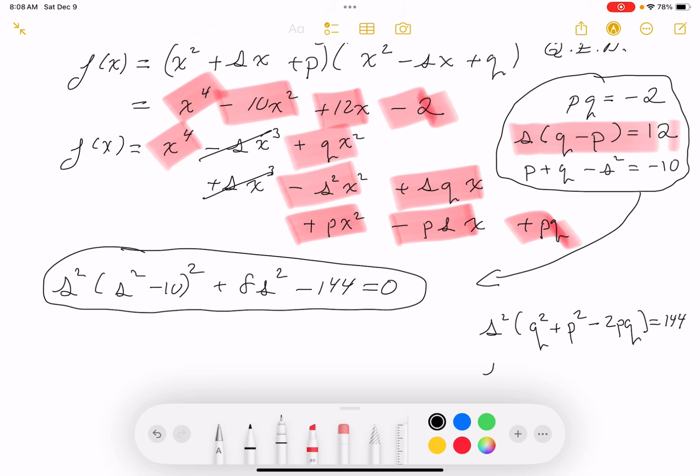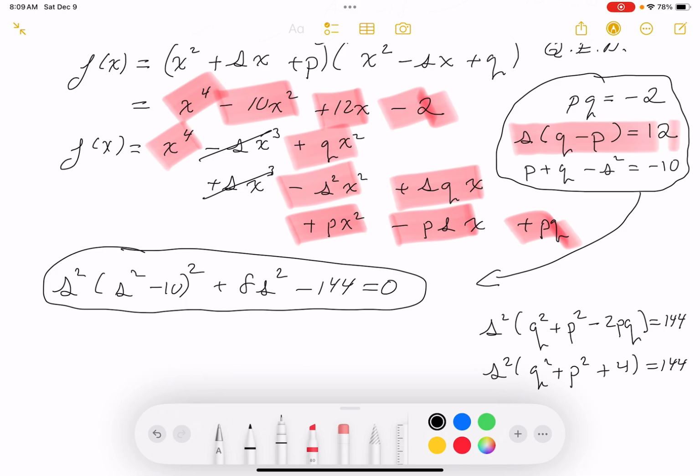Now, what else do I know? I know that s squared, q squared plus p squared, and minus 2pq, well, if pq is minus 2, that's going to be plus 4. And that equals 144. All right? Let me stop for a moment and think. Well, then I'm okay with that. And then, I don't know, I guess